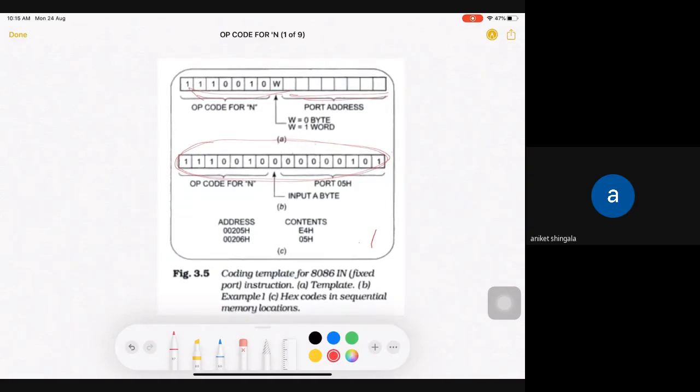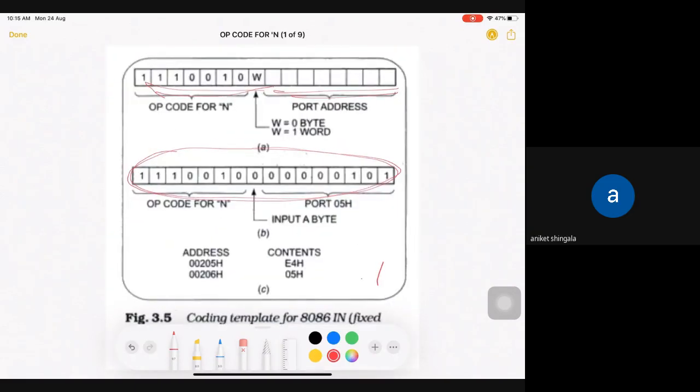This is the template example of the IN instruction. For the IN instruction, this is the opcode, which is predefined, so the value of the opcode is always fixed in advance. The next thing to write is an 8 bit data: on which port you want to take input, you write it here. This is how the IN instruction with a port number is converted into binary form.